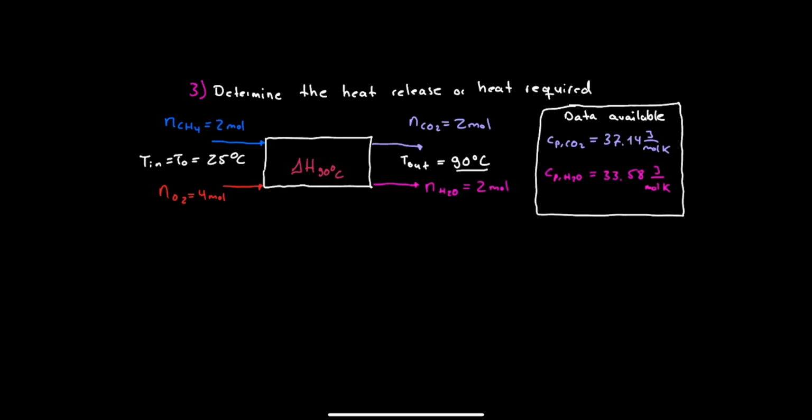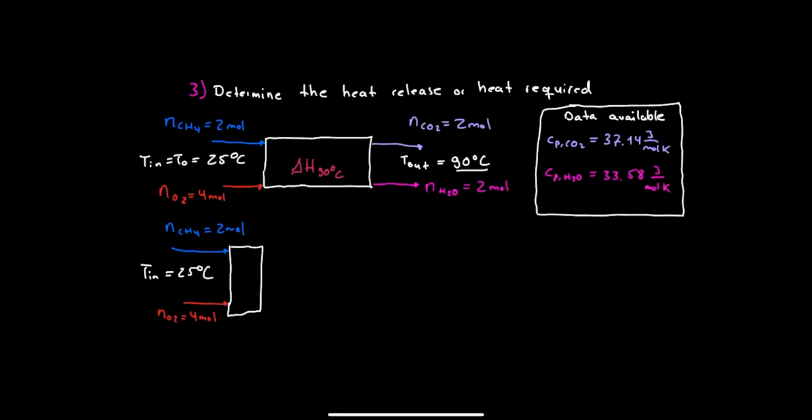So in this task, we are being asked to determine the heat release or heat required for the following process. This is very similar to the process we discussed before. However, the major difference lies in that we have a temperature increase from 25 degrees Celsius to 90 degrees Celsius. One way we can break down the process is as follows. We have our entering molar amount, which is 2 moles of CH4 and 4 moles of O2 at the temperature of 25 degrees